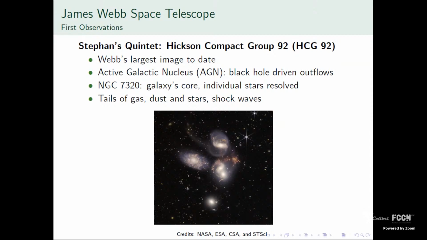And also in the leftmost galaxy, we can see that the bright core of the galaxy and some individual stars were actually resolved. And this is something that can only be done with such infrared sensitivity like the James Webb has. Also, some structures like tails of gas, dust, and stars and shock waves can also be clearly seen in the image. And this is all a byproduct of the interactions happening between the galaxies.